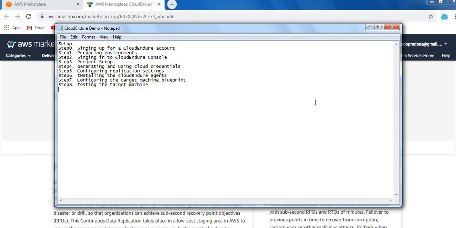Step 4, generating and using cloud credentials. Step 5, configuring replication settings. Step 6, installing the Cloud Endure agent on your source servers, source systems. Step 7 will be configuring the target machine blueprint. Step 8 will be testing. So these are the steps which we are going to do in this demo.